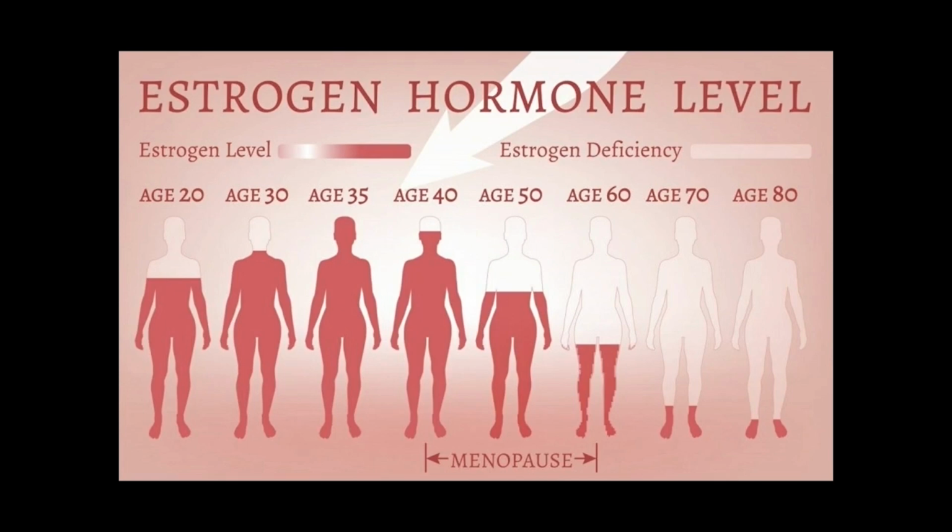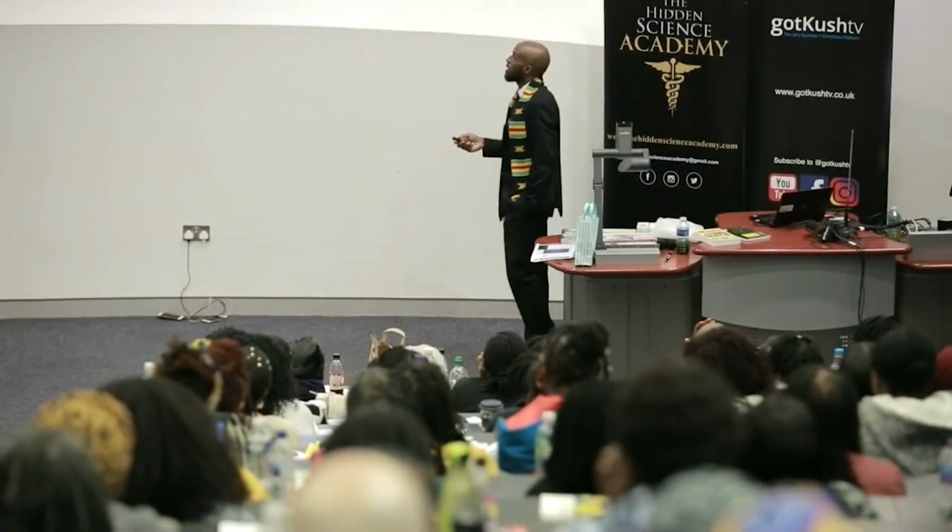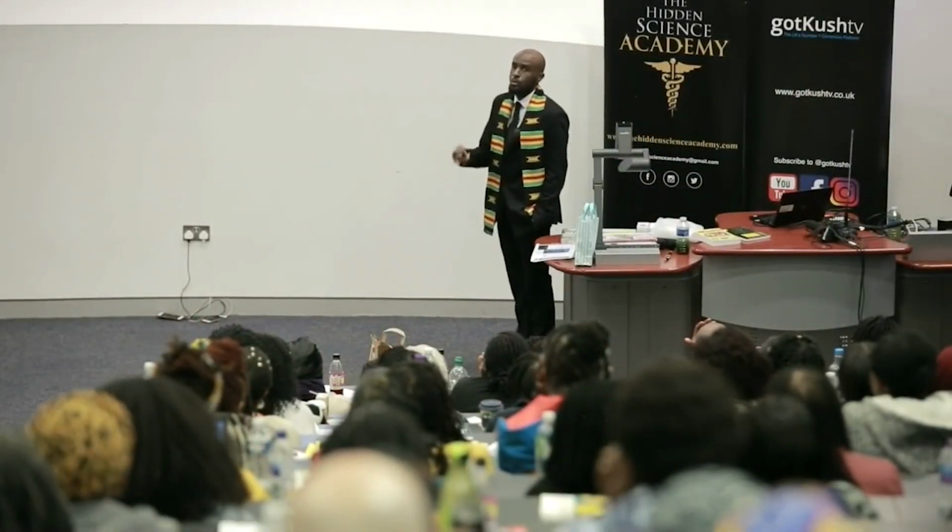And then obviously estrogen is going to be high during your childbearing years and then start to lock off, because the body's like, we don't need these instructions anymore. So that's when you start to go through the menopause. Now, menopause is just going through decades of hormonal imbalance, and then the body not having estrogen, and then all of a sudden it's like a shock to the body. That's basically what menopause is. It's like the shock of going through all of this hormonal imbalance, yeah? But like I say, estrogen helps to grow things, especially during puberty.